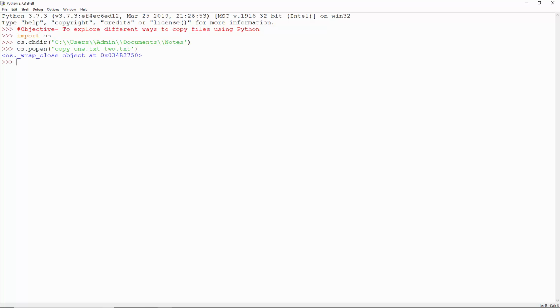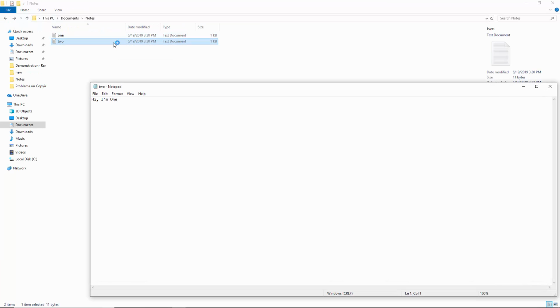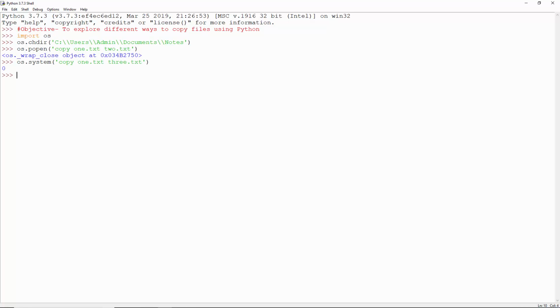Now we can create a copy with the popen function. This returns a file object that connects to a pipe. 2.txt has been made and their contents are the same. And system executes a command as a string in a subshell, so we can use it to copy this file